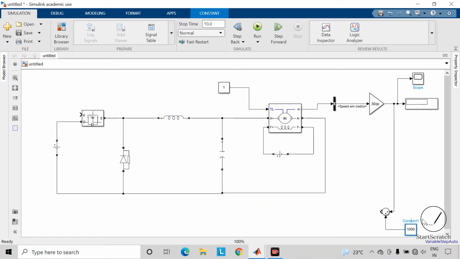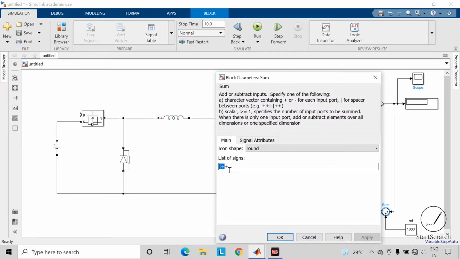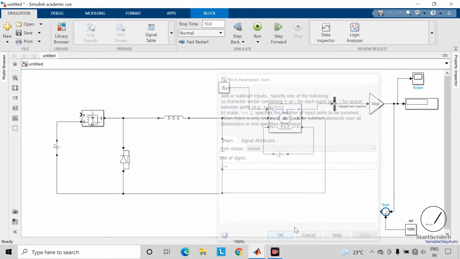We will rename this block as a reference and now change the signs of this sum block. We will subtract the output speed from our reference speed.